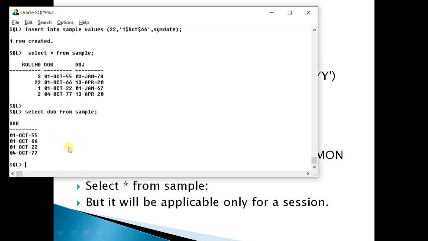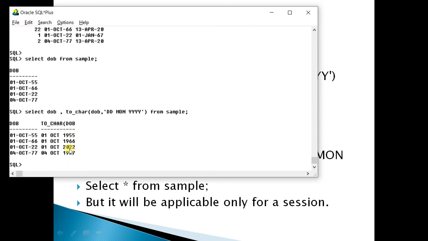So I want to see all four characters also. Let us take the normal date of birth and the to_char function: to_char of date of birth, comma, dd mon yyyy, from sample.